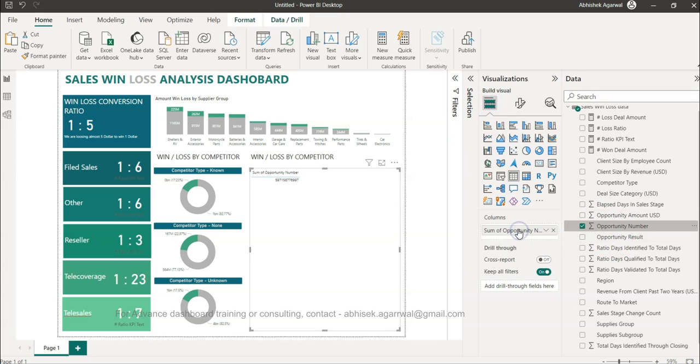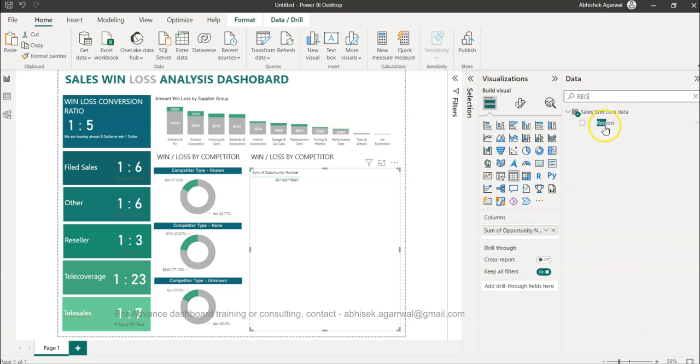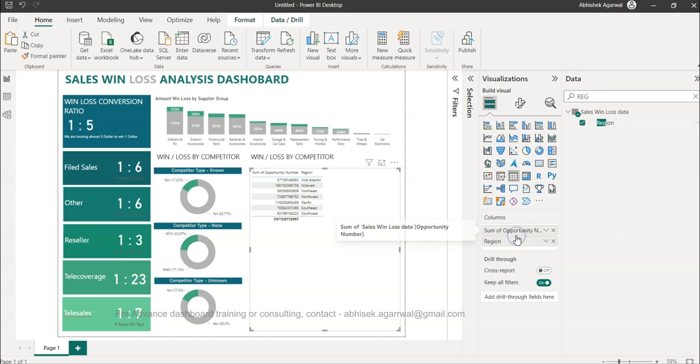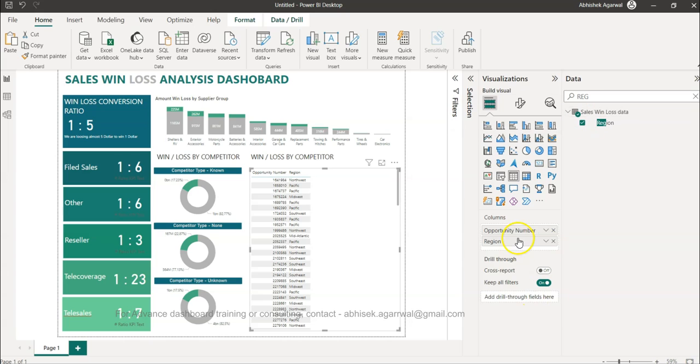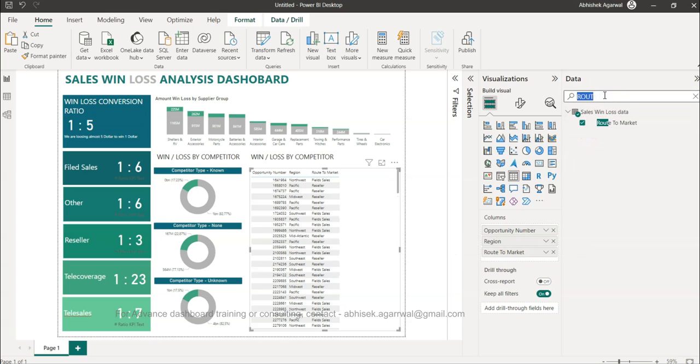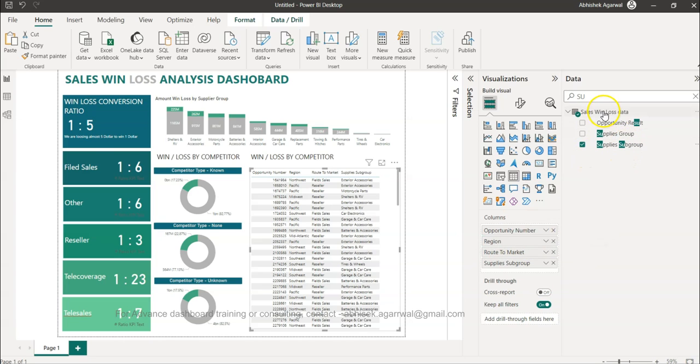First thing first, what do we need? Opportunity number. We need region, and we don't need aggregation. Don't summarize, because it was making it as all right. So we have region, and after region what we need is basically route to market. So we will bring this here, from route to market to supplies subgroup is here, and then finally the opportunity amount